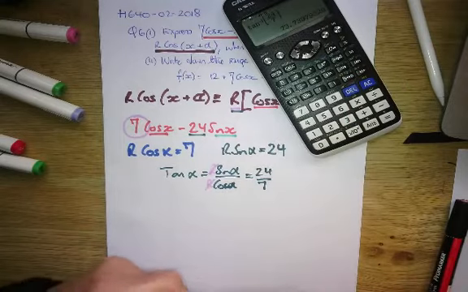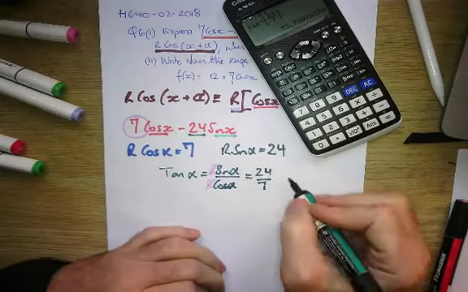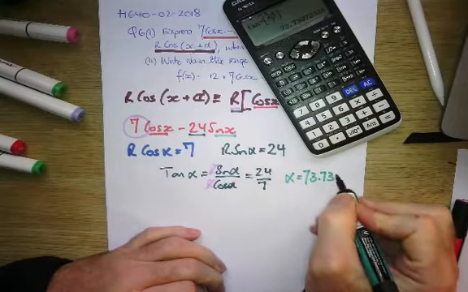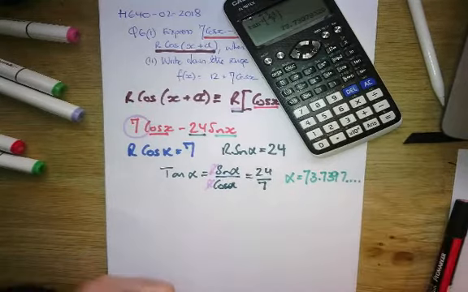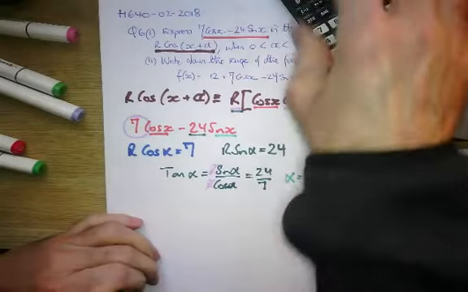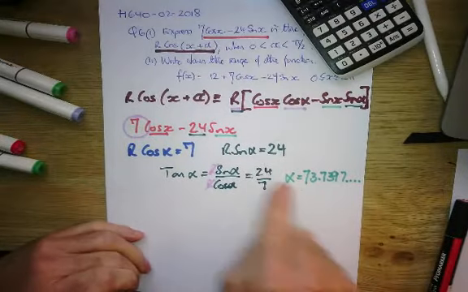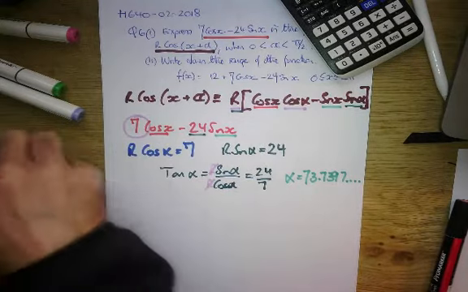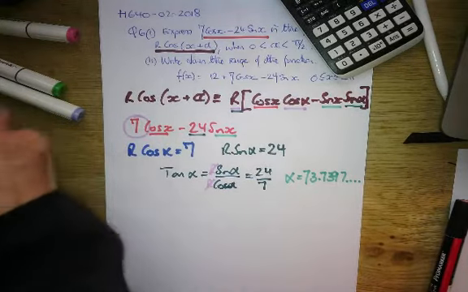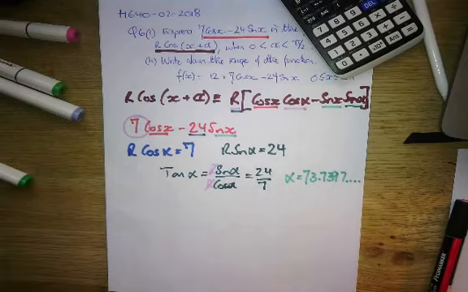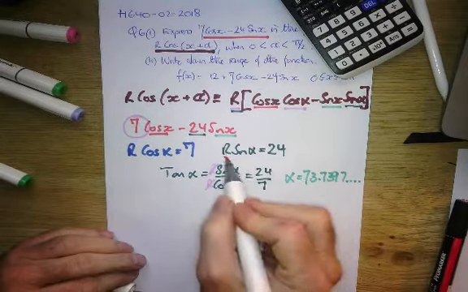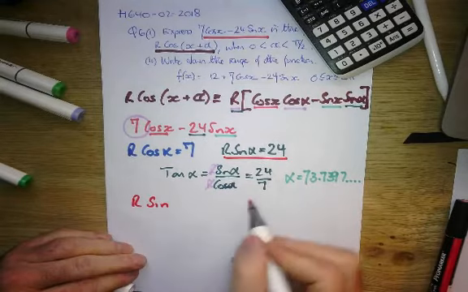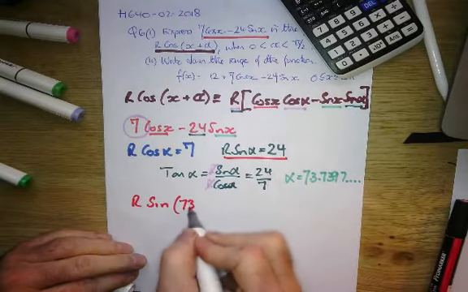73.739. Now, the key important thing here is don't round until the very end. So leave it in your calculator, because you'll need that later on. I've got my alpha, which is that part there. I now have to find my r value. So how do I do that? Well, let's look at what I've got. I know this and I know this. So let's look at this one here. I know that r sine alpha, which I now know is that,